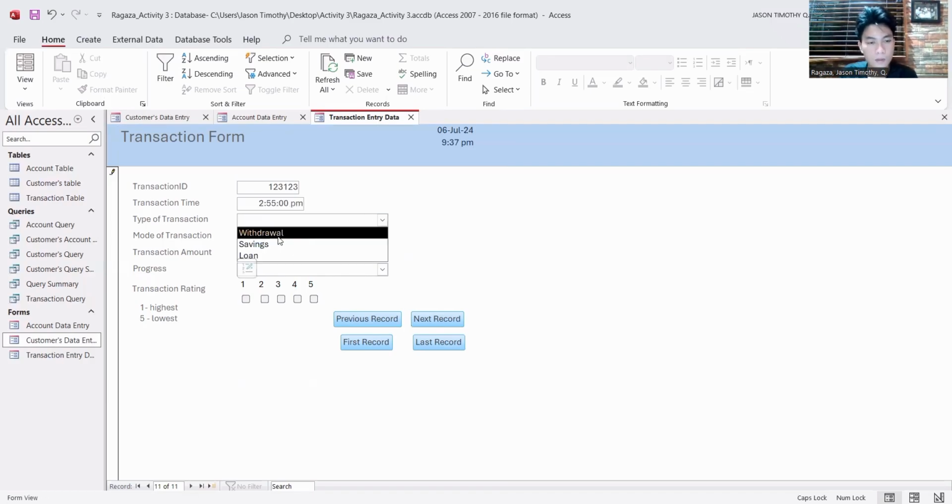Then we can click on whether they choose savings or withdrawal, or the mode of transaction, which is check or cash, and then the amount of transaction, and then the progress. Then let's choose number 2.